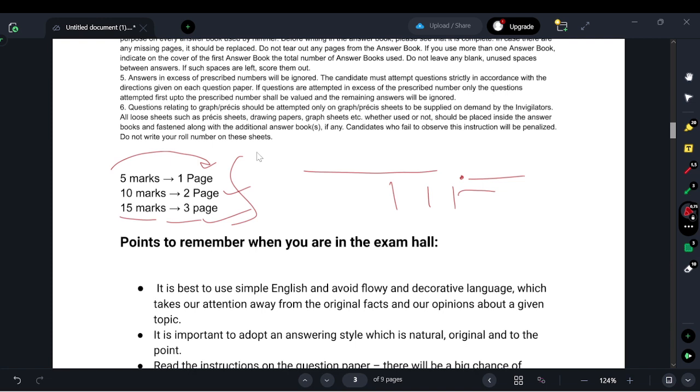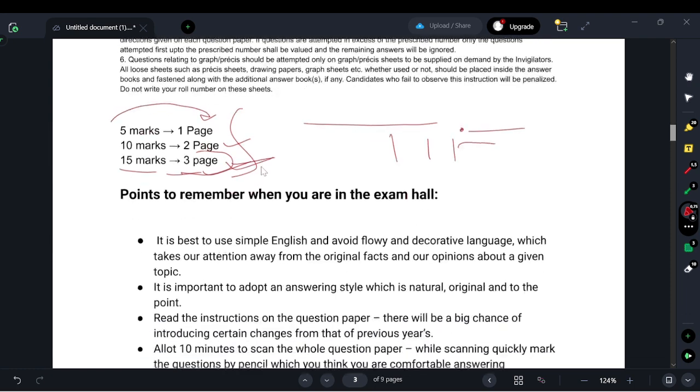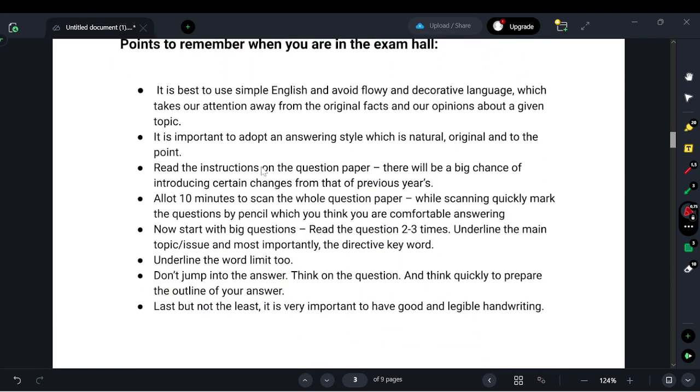Okay, so you also have to understand how you can write your whole knowledge in 3 pages. That you can only understand by practicing. Now the points to remember in the examination hall: that's why I already told you to use very